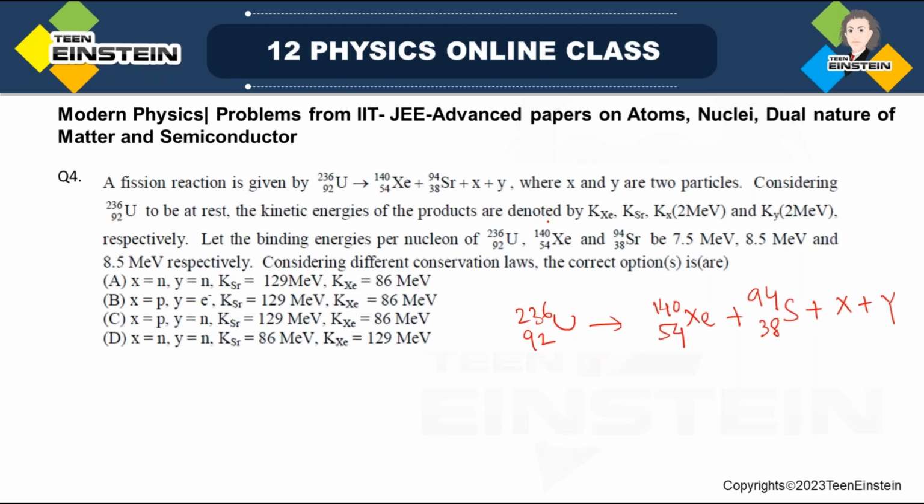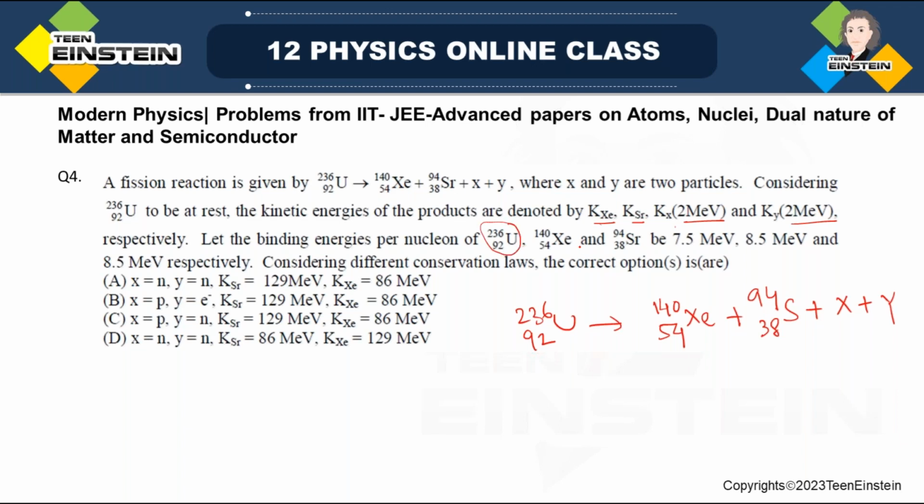the kinetic energies of the products are denoted by K_Xe for xenon, K_Sr for the strontium, and K_X for the unknown nucleus X, which has kinetic energy 2 MeV, and K_Y, the kinetic energy of nucleus Y, is the same, 2 mega electron volt respectively. The binding energies per nucleon of